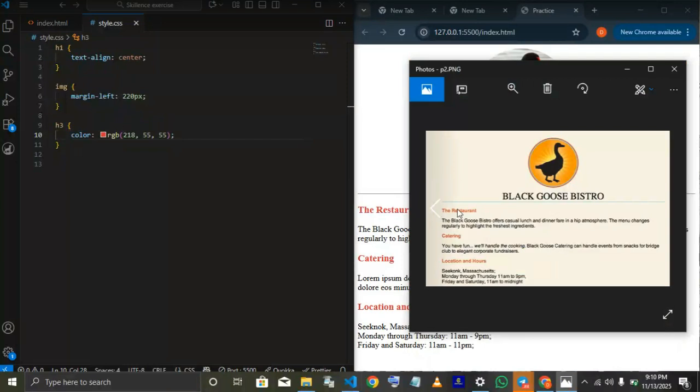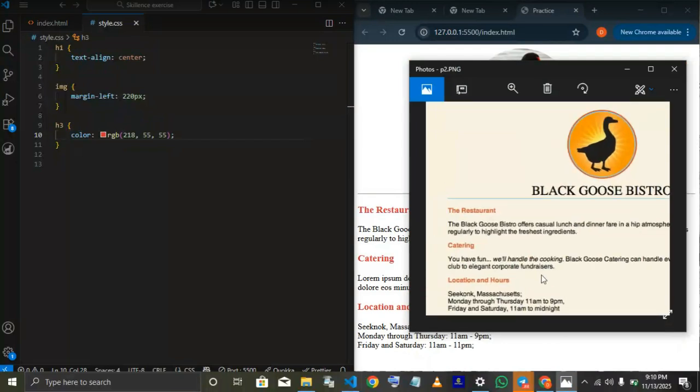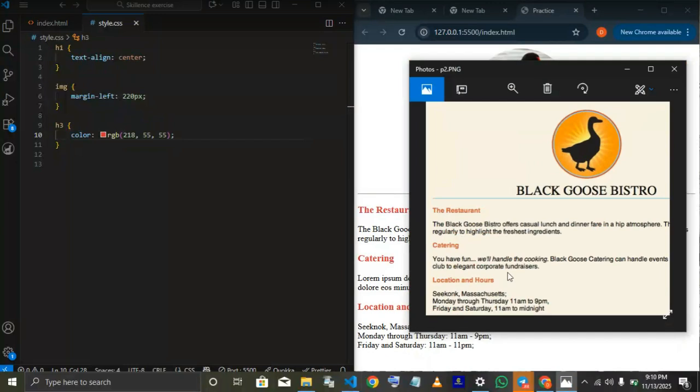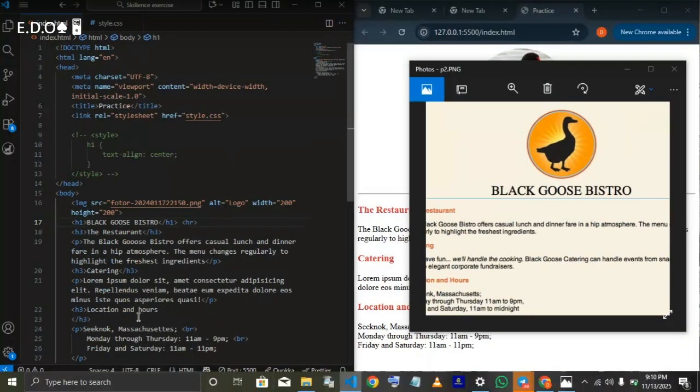Now, we didn't type this. Let's quickly type this out so that we can do this italics here. If you look closer, let me zoom into the image a bit. If you look at this catering part, there's an italicized piece of text here. So let's see how we can do that. We can do that with simple HTML. So where we have the lorem, let's clean this off and type